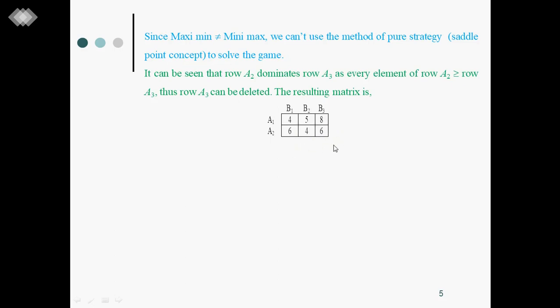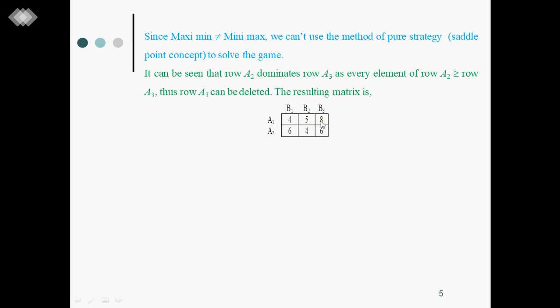Column dominance. From the column player's point of view, it is reverse. You will always try to minimize the losses. So you compare the columns in pairs, like permutations and combinations: B1, B2, then B2, B3, then B1, B3. First you compare these two. Whichever is less, that you have to keep from B's point of view. 4 is less than 5, fine, but 6 is greater than 4. Comparison between these two is ruled out or not possible. And you take this: 5 is less than 8.